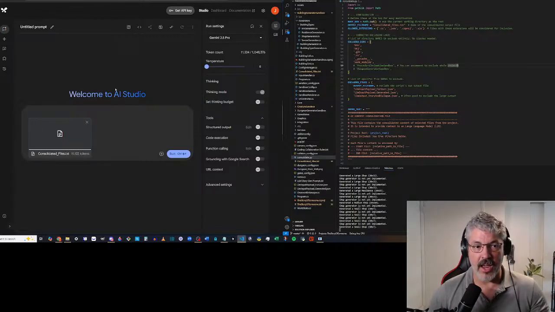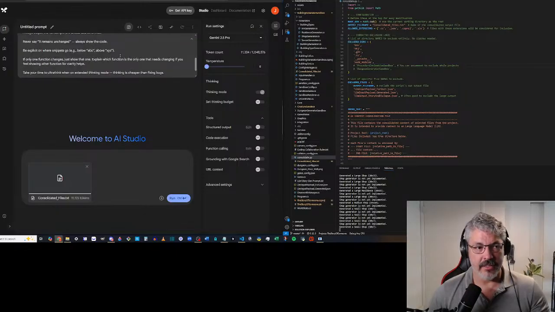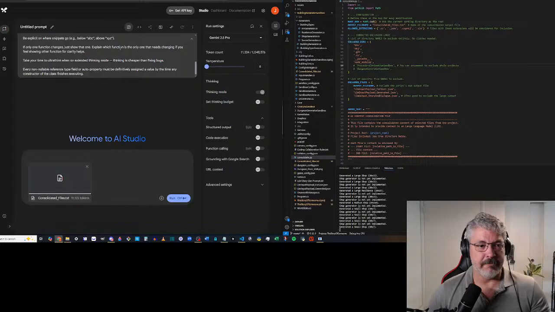This is a fresh chat over here in Google Gemini on the left, so I can give it full context of the code base I'm currently working on.